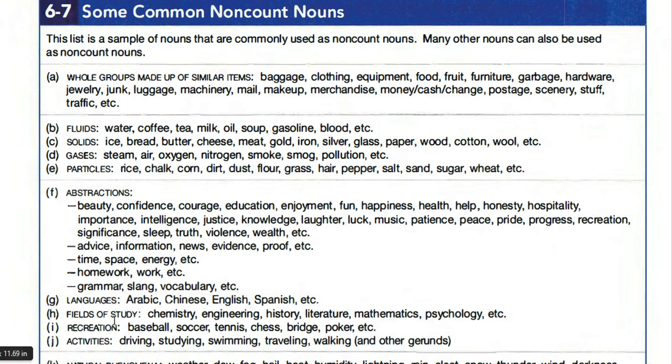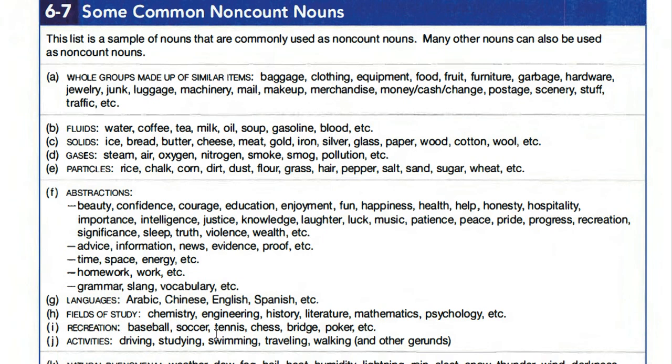And we have fields of study like chemistry, engineering, history, literature, mathematics, psychology. This will not be anything but non-countable. Why? Because it's only one science and couldn't be derived somehow, so it's already original knowledge. We have here